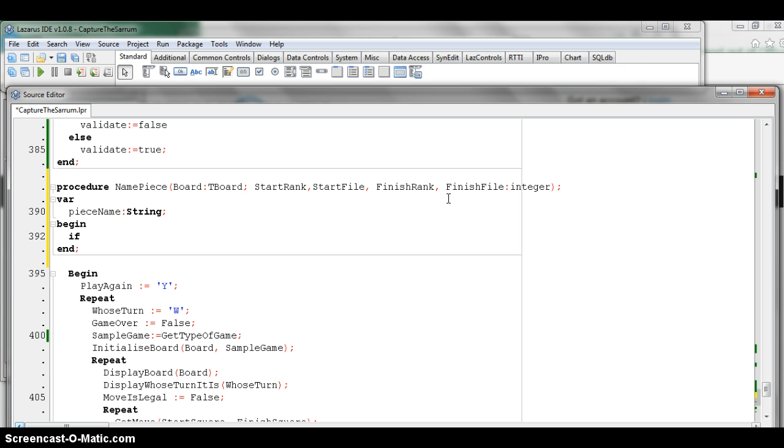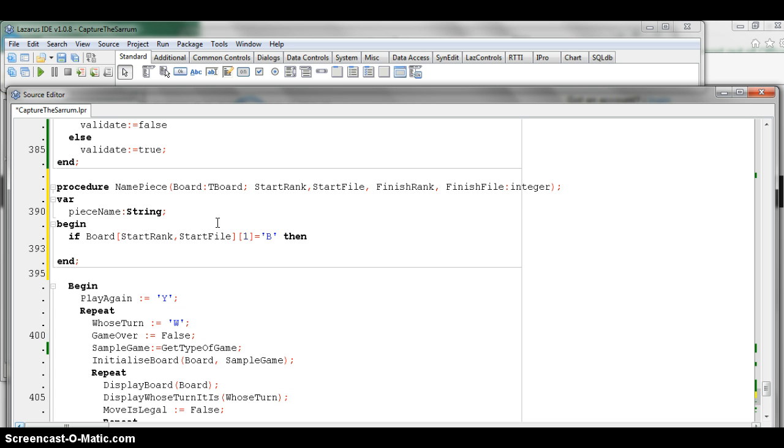So if we say if board start file, we're looking at the two-letter string that will be in this slot of the board array. To find the colour, we're interested in the first character within that string. So remember, because a string is just actually an array of characters, we can just put the 1 in square brackets around it just to take the first character from that string, which will be either a B or a W. So I'm going to say if it's a B, remember it's capitals here because that's how it's been set up, so it won't work if you put lowercase. If the board is equal to a capital B, then